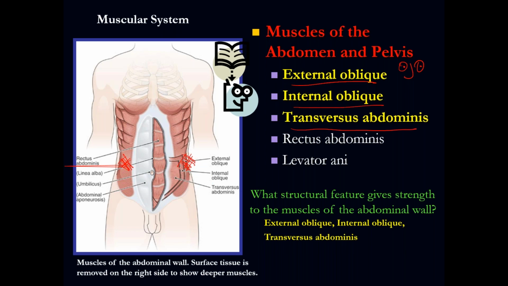The transversus abdominis is actually behind the rectus abdominis. That is the six pack, right? So behind this, we have the transversus abdominis. What I want you to remember is to be familiar with the names of these muscles. Why? Because when I mention the name of one of these muscles, I'm talking about the muscles of the abdominal wall. So what are the muscles of the abdominal wall? External, internal, transverse, and rectus abdominis.